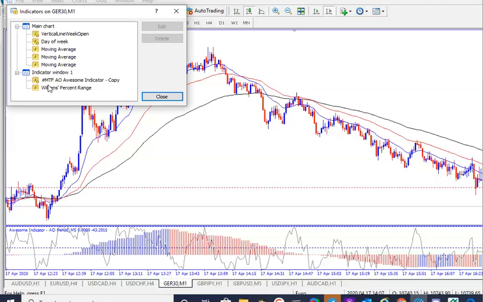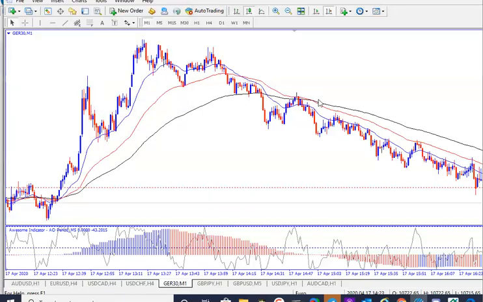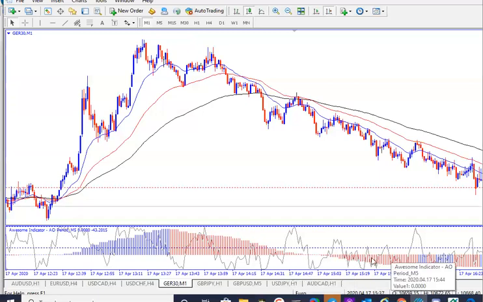We do have a Williams %R, this line going up or down, and the multi-time frame awesome indicator, which gives me a higher time frame bias for me to take the trade in the direction of what this oscillator